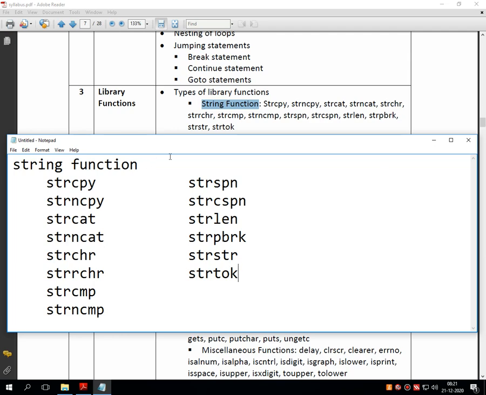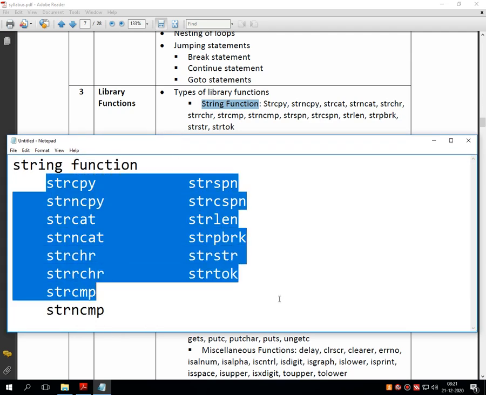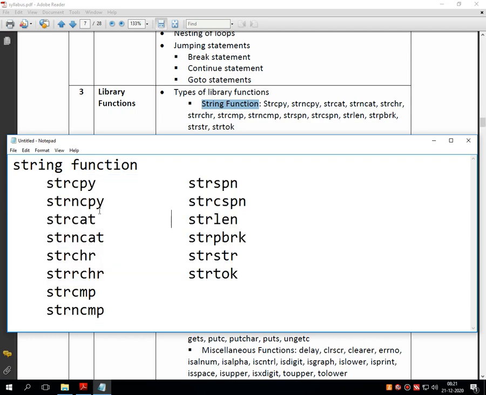Okay, fine. So these are the multiple string library functions. These are the multiple functions we have to discuss in string library functions.